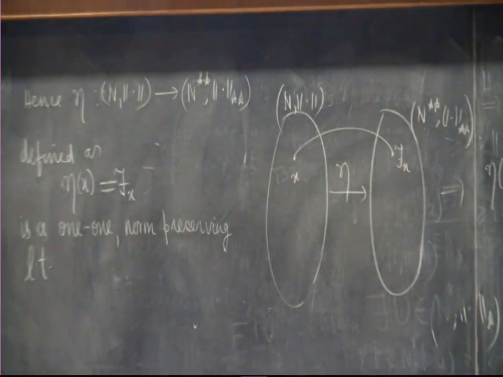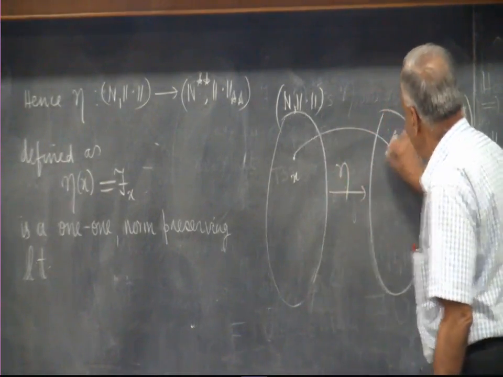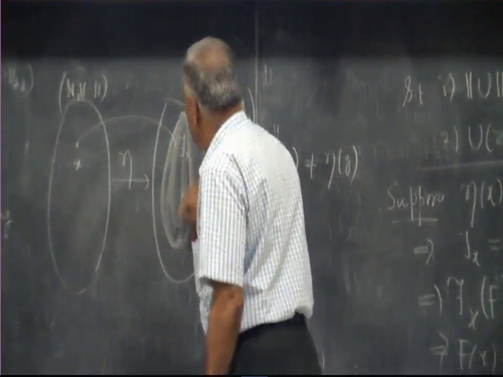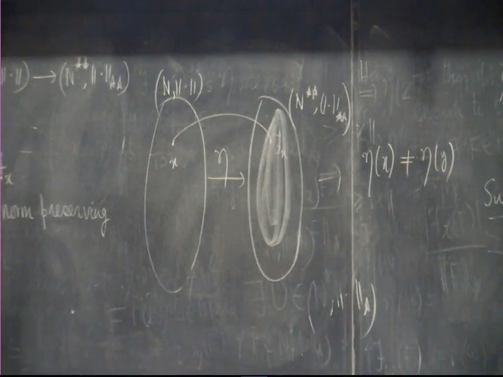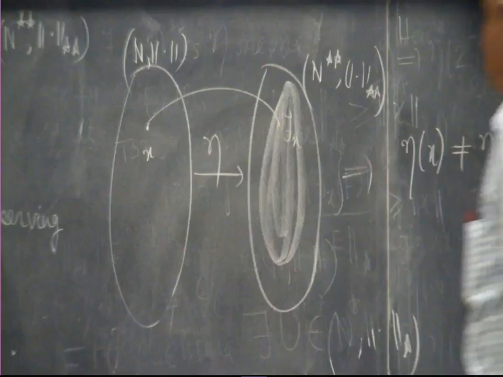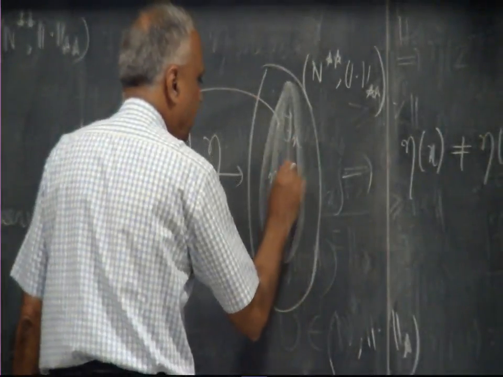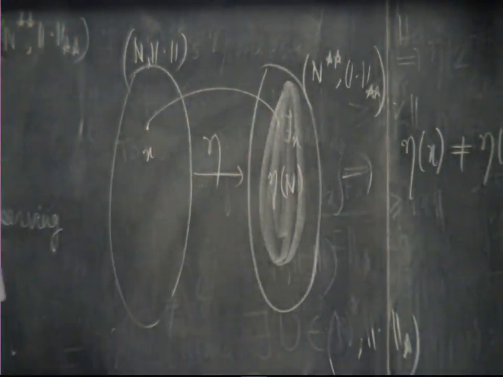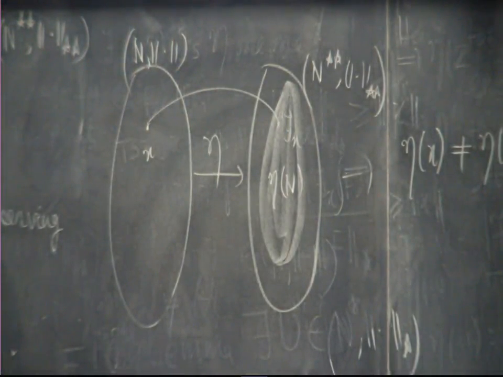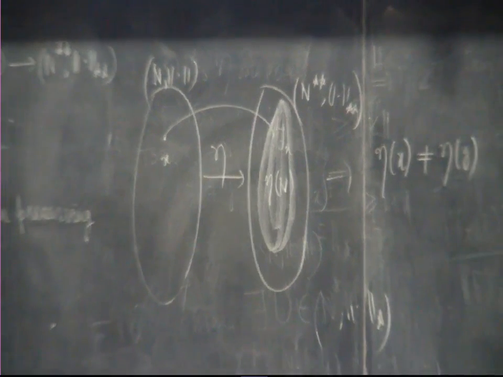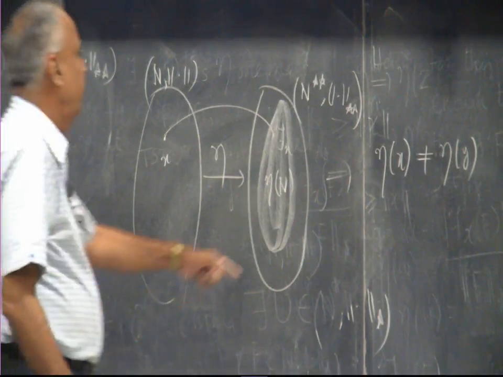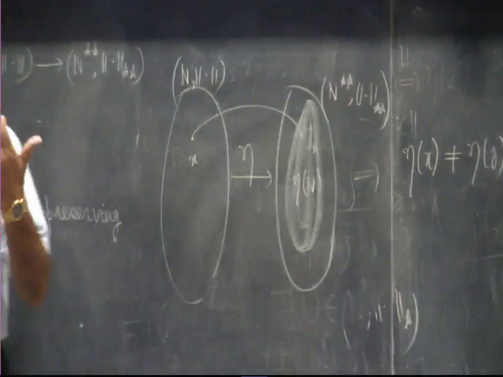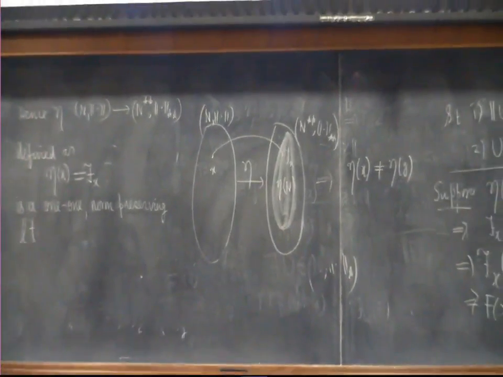Okay, and different fellows go to different things, and therefore if I now go on taking the image of all these fellows, the full shadow of N will be something like this. It may take the full space or partial. The whole of eta N will be some small piece there. The range of eta will be again a subspace, because eta is a linear transformation. The range is always a subspace. It will be a subspace of N double star. If it is onto, it will be the whole space, otherwise it will be a partial subspace.